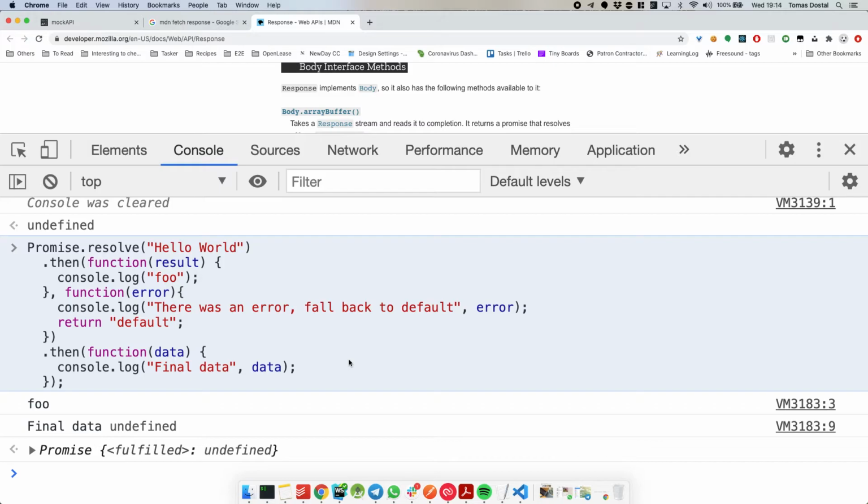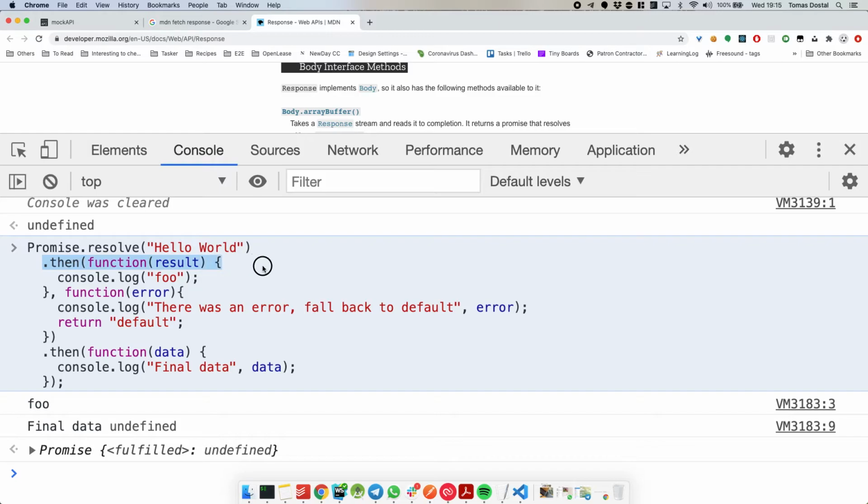I thought it would just go straight to undefined. Oh no, as the first bit is a promise. Okay, I have the response to my question. It is a promise, so it actually says final data, but as there's no return, it just says undefined. Exactly.